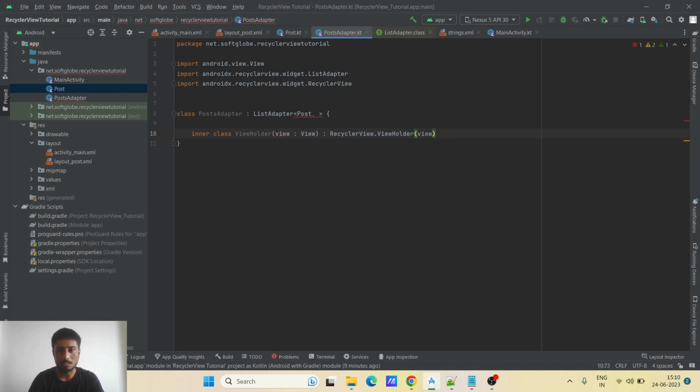And after opening the braces here, basically what this class does is hold the views, as its name says. We can bind the values with the specific instance of that list. So what we'll do is create here a val